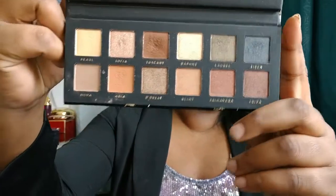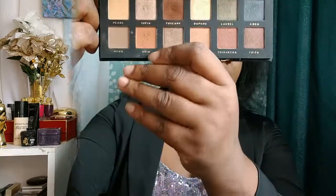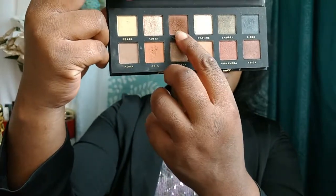So yeah, so let's talk about what's inside of this palette. So you get 12 shades, like I said, and only 3 of the 12 shades are matte shades, which is kind of disappointing. And I don't know how many of the Mario shades were matte shades, but I'm going to assume that it's the same amount because it's a dupe palette. Okay, so the 3 matte shades in this palette are Mona, Aria, and Tuscany. They're all like brown-based warm shades, which is fine, but I would have liked a